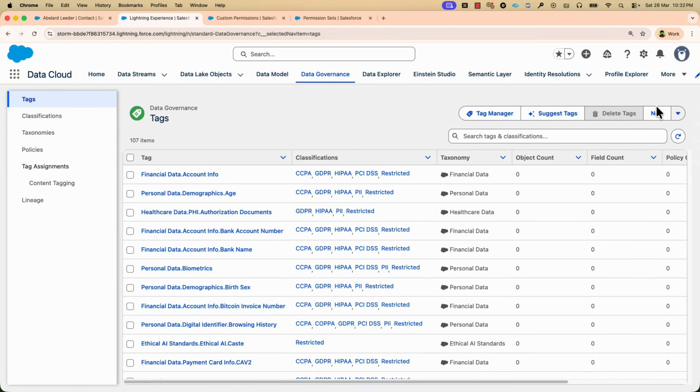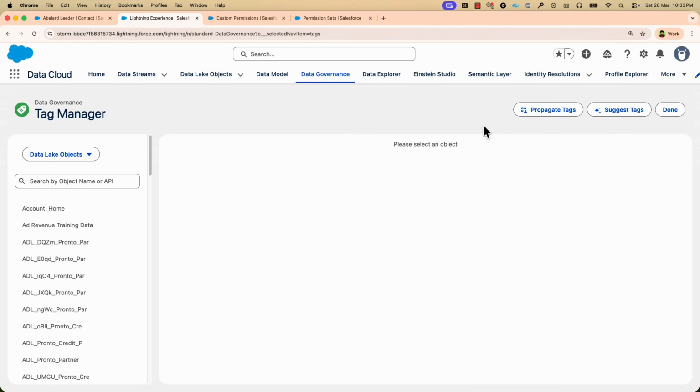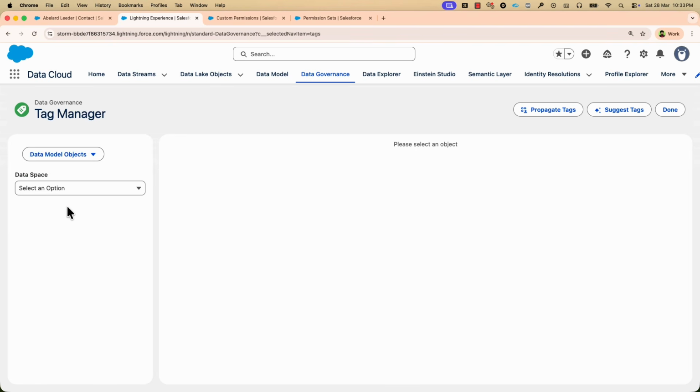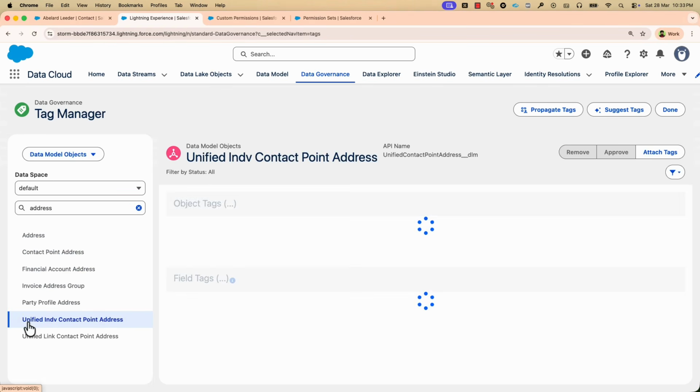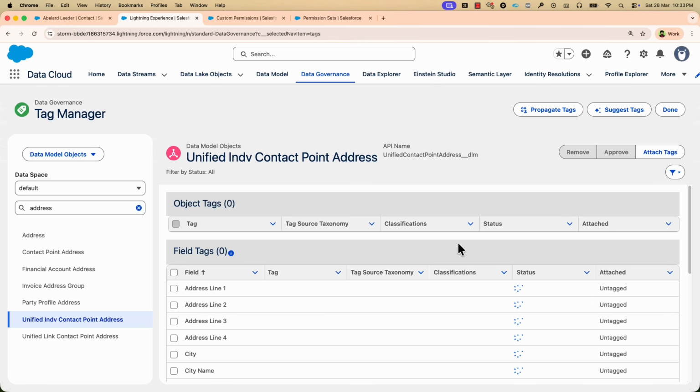Before we build the policy, we need to ensure the system knows which field to protect. You can do that using the Tag Manager. Let's click it to attach a tag to our target field. First, we'll select Data Model Objects. We can leave the default namespace, search for address, and select our Unified Individual Contact Point Address object. Now we just click Attach Tags,